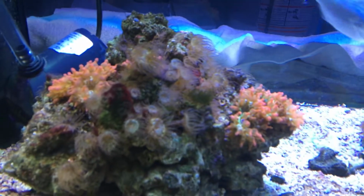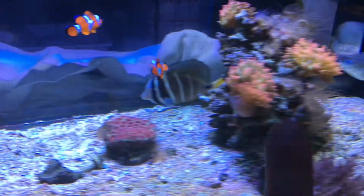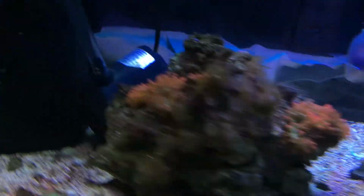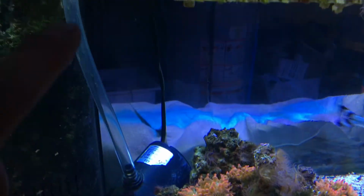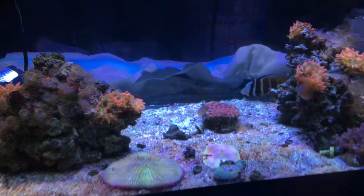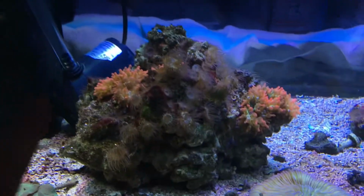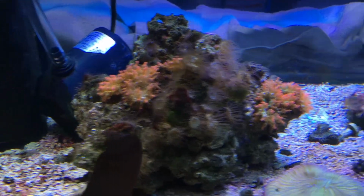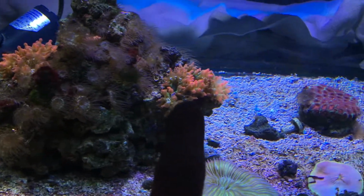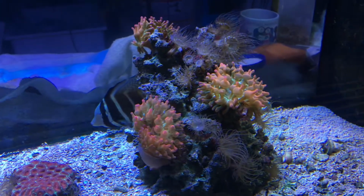And that's what we're going to do for you guys, or we're going to try for myself right now. And I wanted to show you guys and bring you along the way. So what I've done here is I got this submersible pump that I use to mix up my salt. I just got a 1/2-inch hose here, about 4 feet long. What I'm going to do is go behind the tank, plug in my pump, and get the other end of the hose and squirt it at the bubble tip anemones and hopefully be able to peel them off slowly or gradually. Start off at one rock, one anemone at a time,